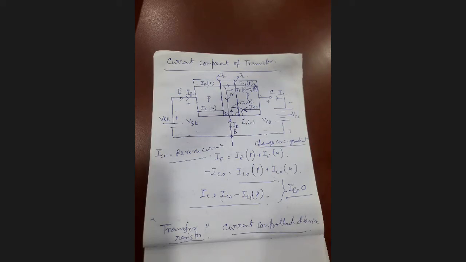The base region we can also change. In that case, we change the biasing of the output side, and so we can change the base width modulation. We apply the modulation technique to change the base width, and that also changes the behavior or characteristics of the transistor. Now, for the transistor characteristics, time is short, only 1 minute is left. We can change different characteristics of the transistor. The characteristics we will discuss with respect to the graph, the IV characteristics of the transistor, and how it operates in normal operation.